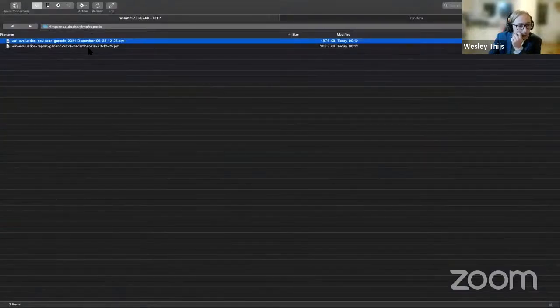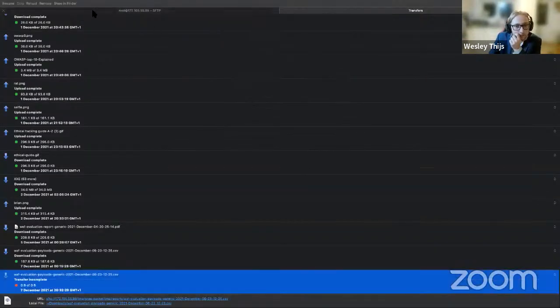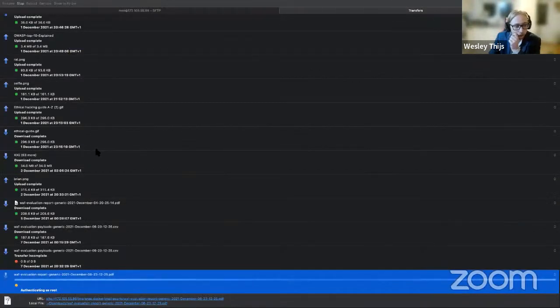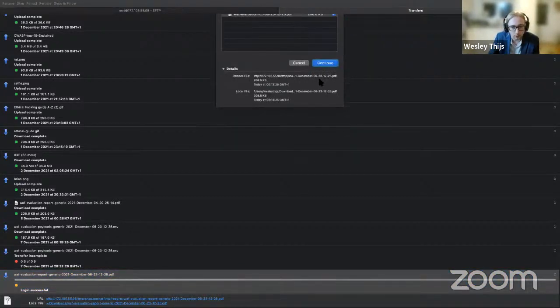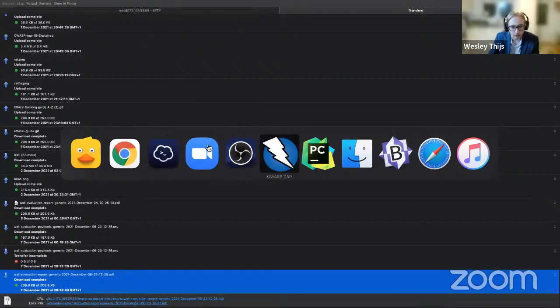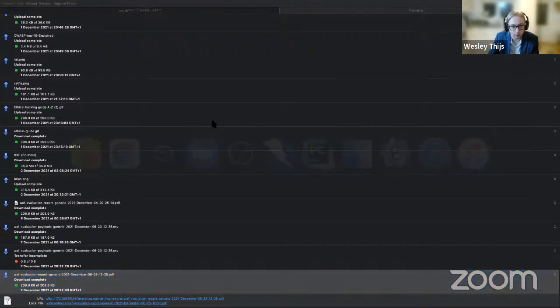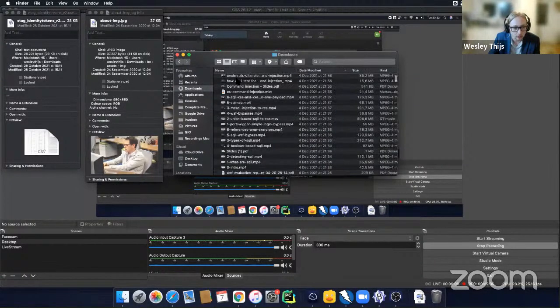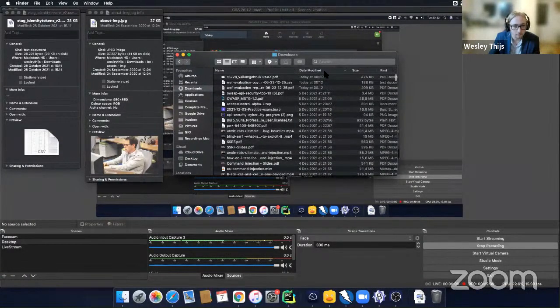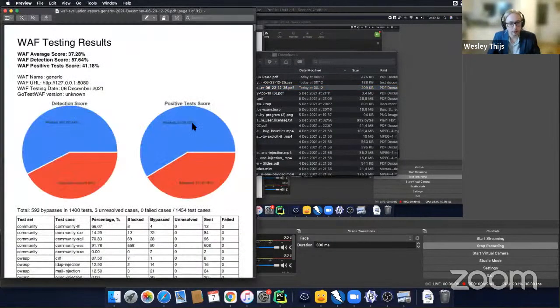Now, this PDF file, if we open it real quick, sorry, I see I'm opening the CSV file. Let me open the PDF file first. So if we open a PDF file, we can actually click through and see what's wrong. So let's open it, continue. And let's go to our download so we can open it. There we go. Solution evaluation, there we go.